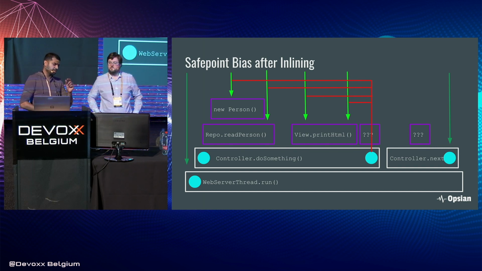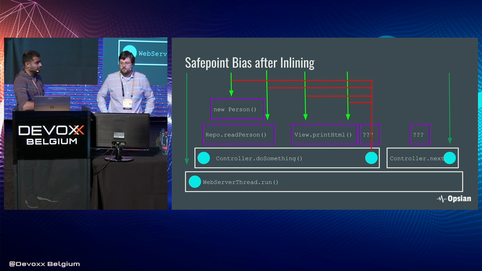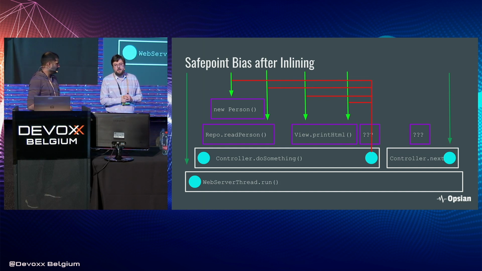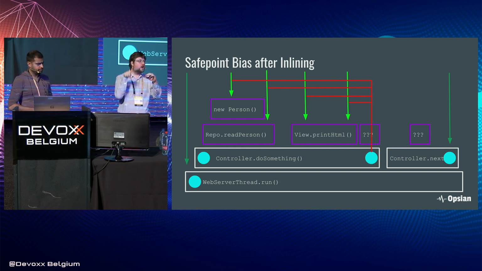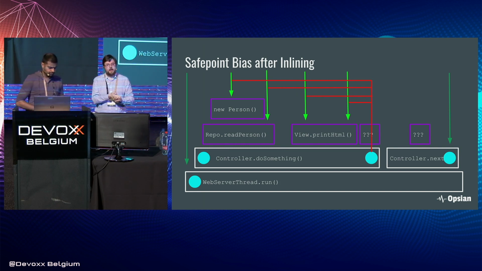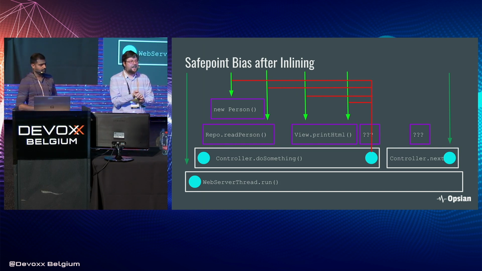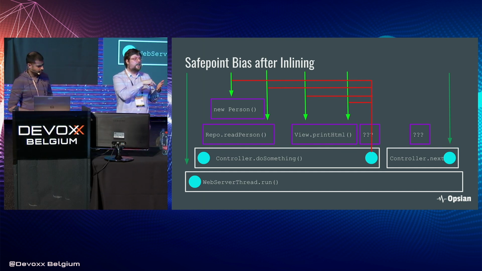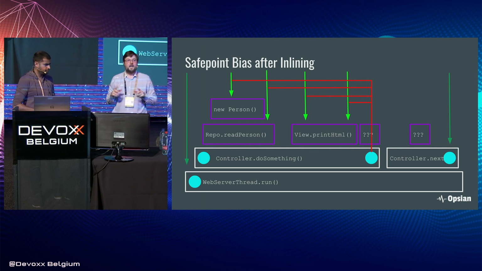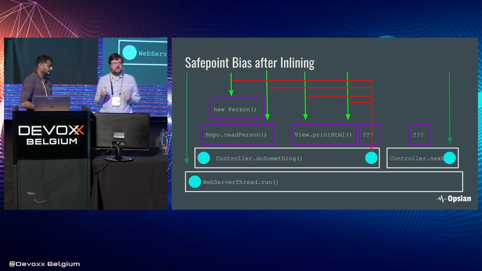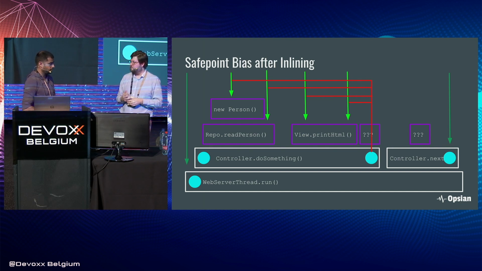And those safe point polls, like I said, they go in the beginning, at the end of a method, and they also go in certain types of loops. There are some types of loops where they can be removed. So by default, the safe point poll happens on the back edge of every kind of regular loop. So every time it goes around once, it does a safe point poll. But if you have an integer counted loop, so something that starts off with like for int i equals 0, i less than n, i plus plus, it will go, I can just optimize away that safe point poll. It'll finish the loop fairly soon afterwards. I don't need to worry about this. And remove those safe point polls, which can cause problems.